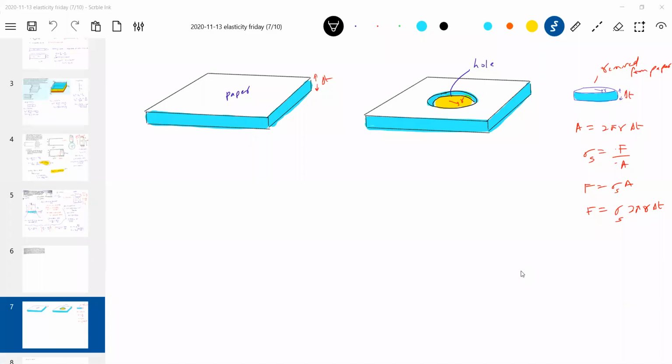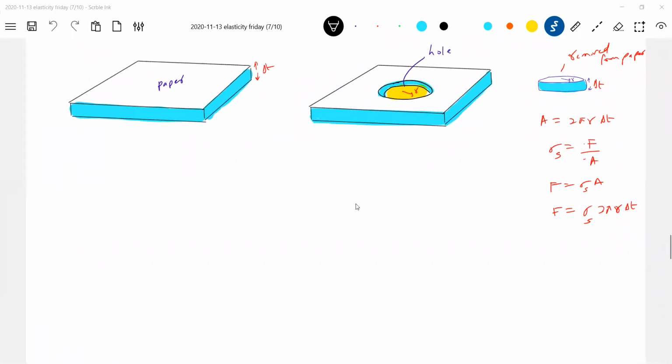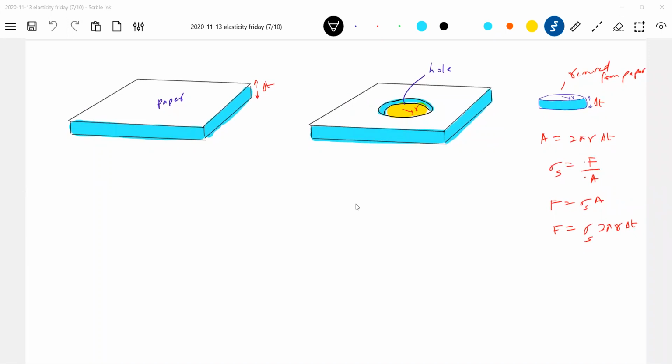I will get back the screen. Wait. Okay, all of you able to see the screen? Yes, sir. Okay, we'll proceed. Some problem will come. Okay, let's start from the beginning.